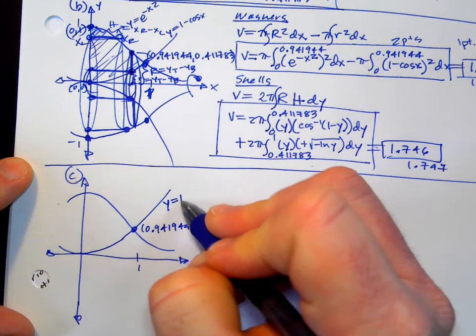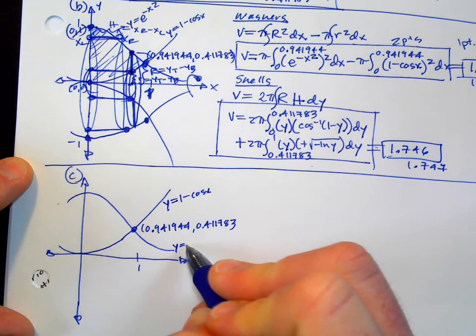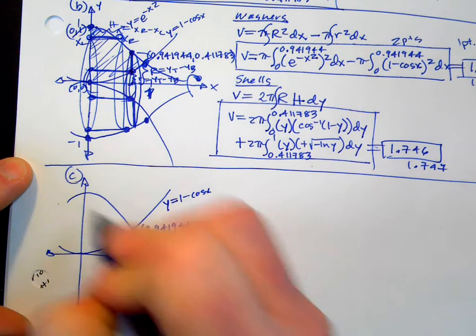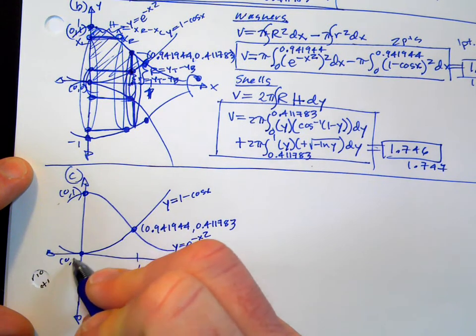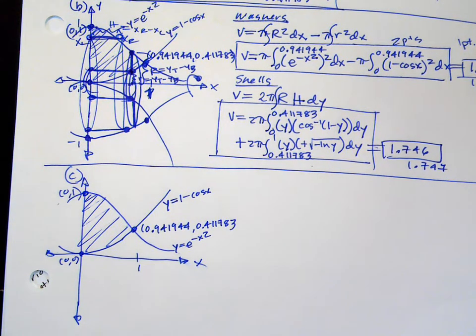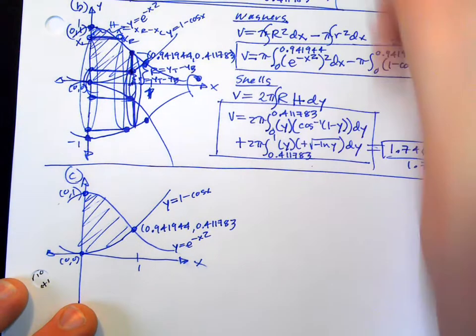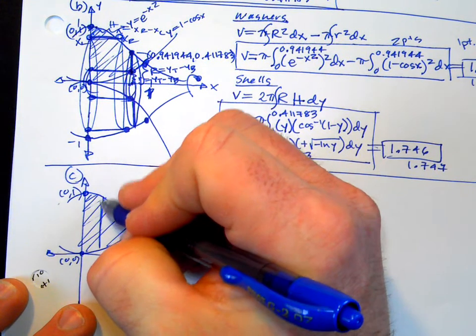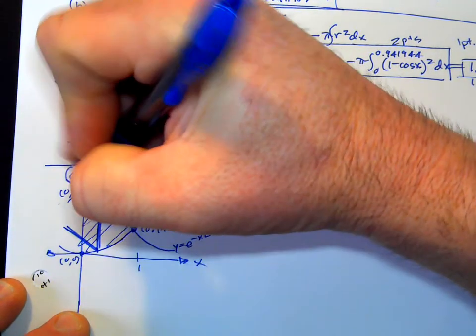This is the 1 minus cosine x curve. This is the e to the negative x squared curve. Your endpoints, your intersections, are those. It's the same area we've been working with since part A, but it says that it's the base of a solid. For this solid, each cross-section is perpendicular to the x-axis and it's a square. So that means they have to be vertical slices, and they are